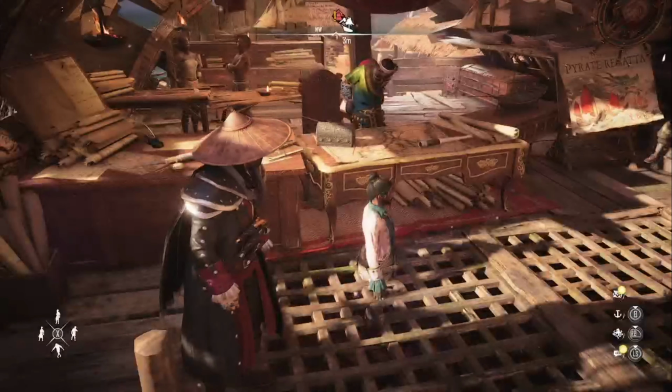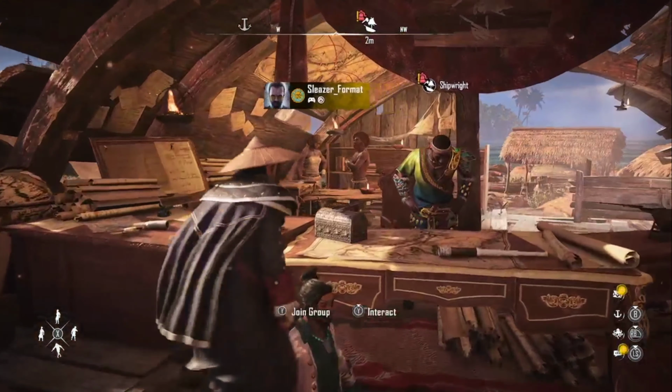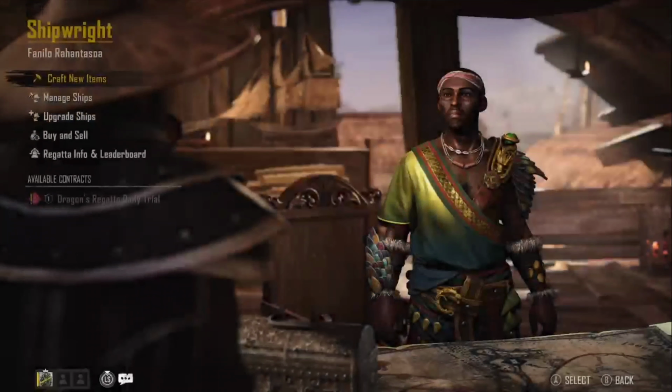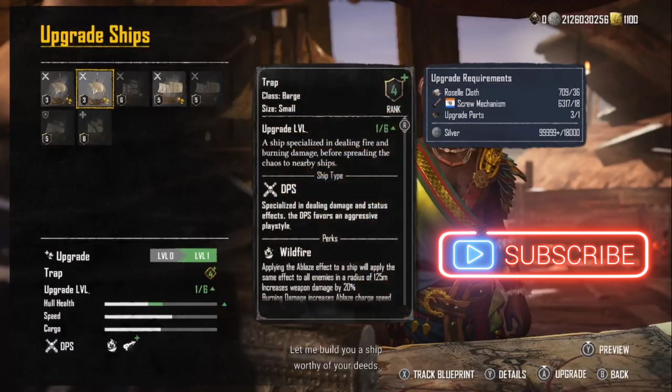Sucks to be them. So we're going to be discussing a build I'm working on. I've always enjoyed sloop ships. I've been hoping to get one up to par, something that's going to be able to actually hang in there with us. So currently what I have is a